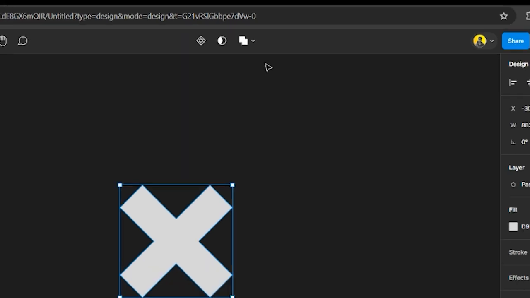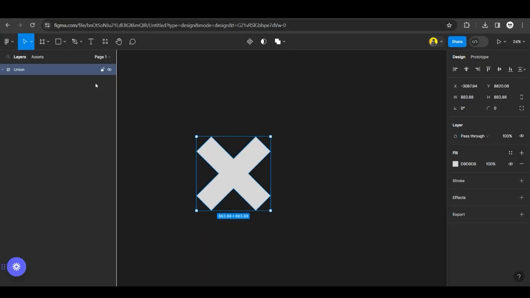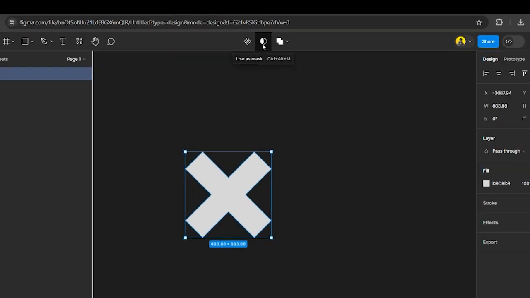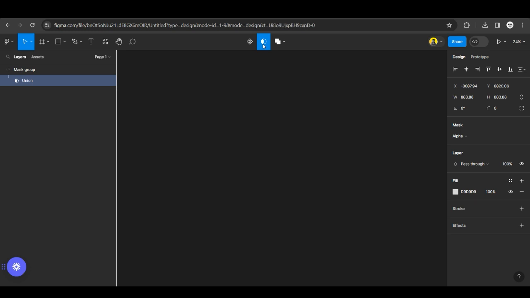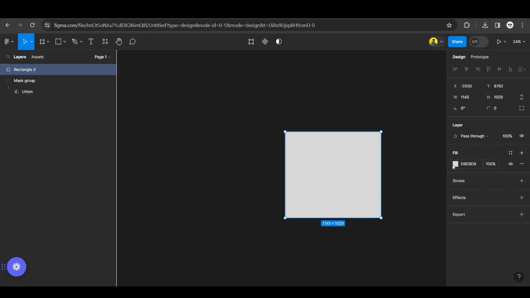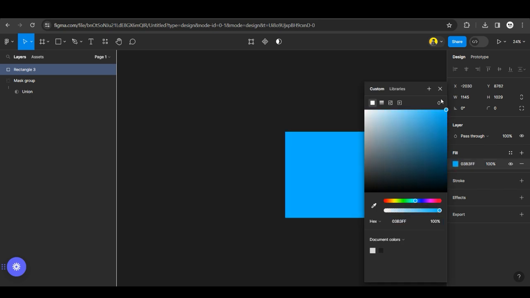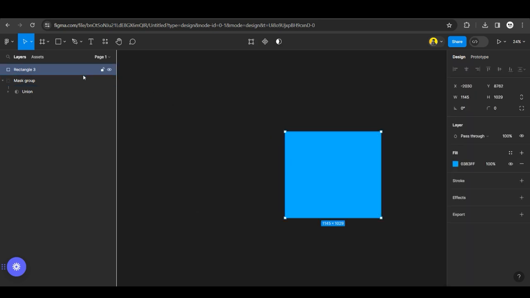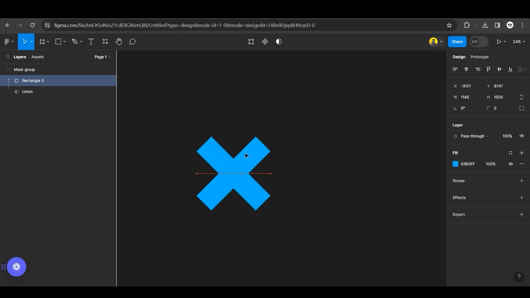Now that we have created the shape that we want, let's create the frame. Click on the shape layer and press Ctrl+Alt+M or press the mask option. This creates the mask layer, but you won't be able to see anything on the screen. Just like we did using papers, create a rectangle and place it inside the mask layer. Notice that we didn't have to create any shape at all, as the mask layer does all the work.